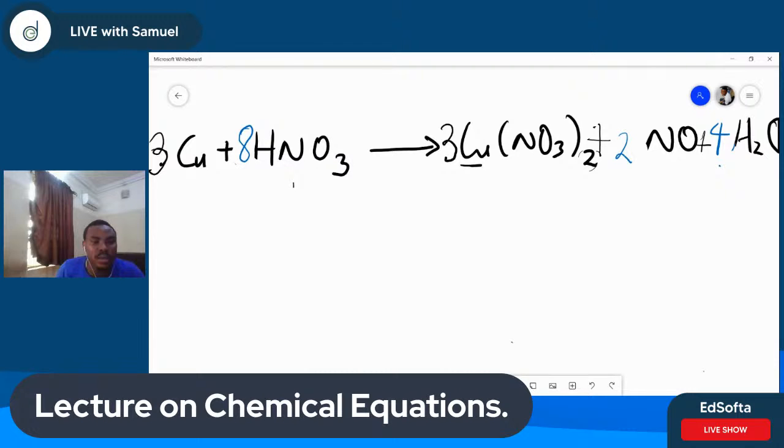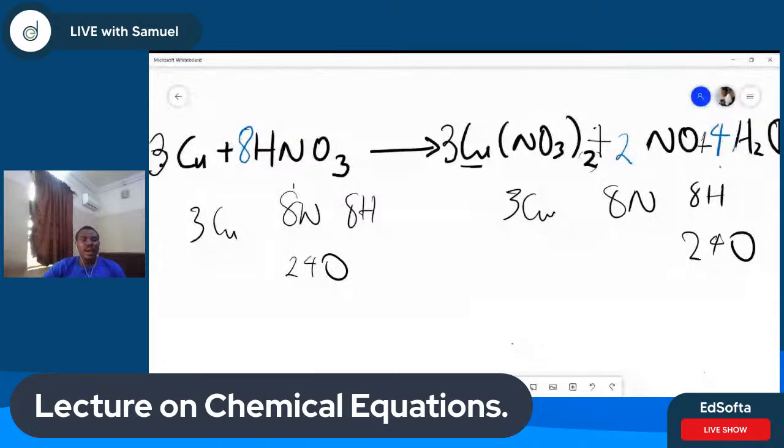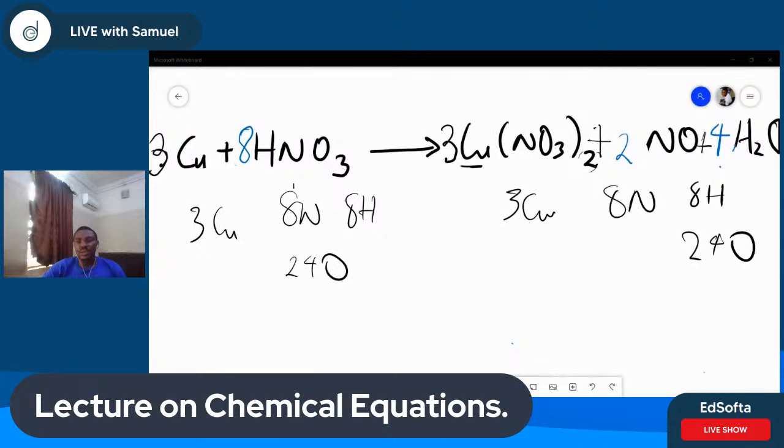If you look at this very well, you see you have 3 copper, 3 copper. You see you have 8 nitrogen, 8 nitrogen. You see you have 8 hydrogen, 8 hydrogen. You see you have 24 oxygen atoms, you have 24 oxygen atoms here, and the equation is balanced. So what is very important is that we ensure that the number